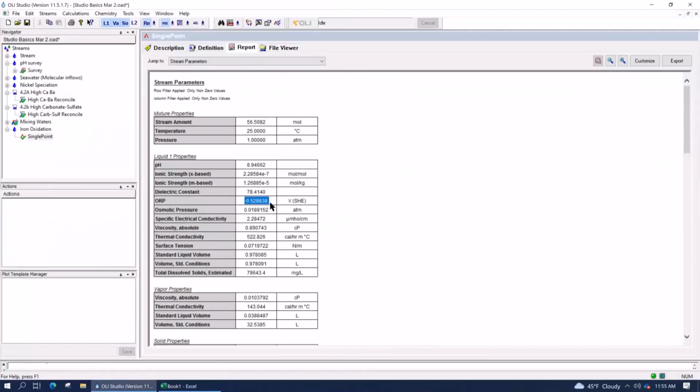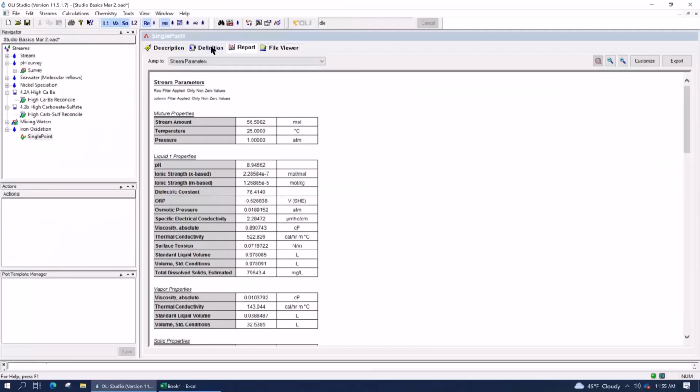And to make that point, look at the oxidation reduction potential, minus 0.5 volts, right? A negative number, depending upon where you are in the pH, think, okay, it's going to be a reducing environment. It's not always true because it really depends on your pH. But in this case, you can say, okay, yeah, negative, I've got a reducing environment.